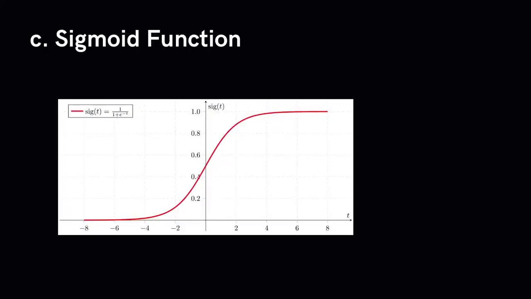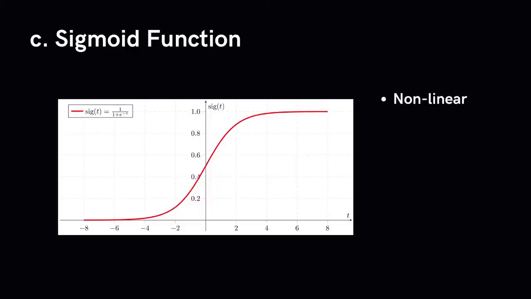Next, we have a sigmoid function, and if you've ever watched a video on activation functions, this is the kind of function used in the examples. A sigmoid function is defined as A of x is equal to 1 over 1 plus e to the negative x. Well, this looks smooth and kind of like a step function. What are its benefits? Think about it for a moment.